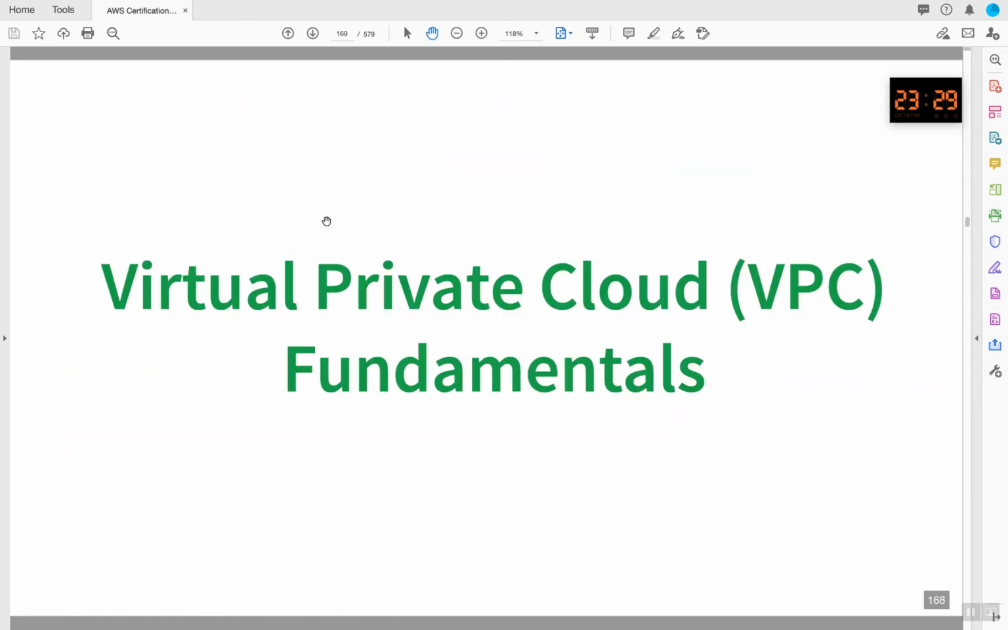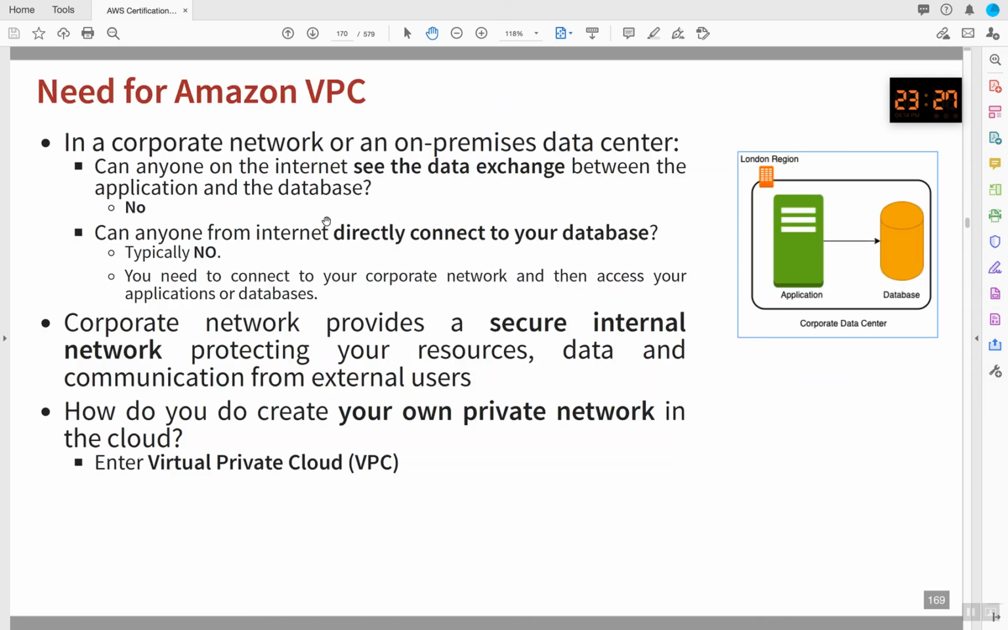Virtual private cloud fundamentals. In a corporate network or on-premise data center, can anyone on the internet see the data exchange between the application and the database? No. Can anyone from the internet directly connect to your database? Typically no. You need to connect to your corporate network and then access your application or databases. A corporate network provides a secure internal network, protecting your resources, data, and communication from external use. How do you create your own private virtual network in the cloud? Enter